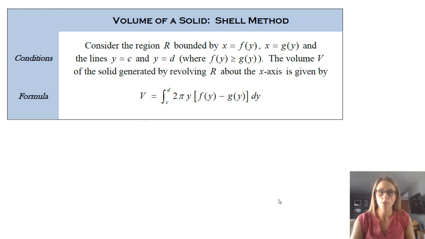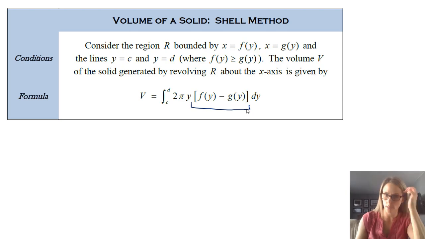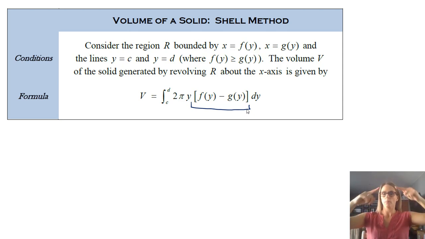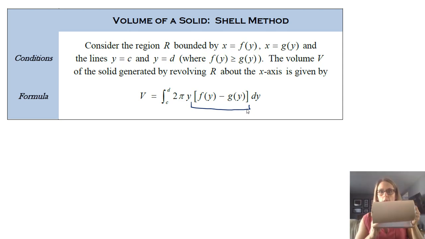So for the last thing that we're doing, notice the only difference is we're still using the shell method, but we have f of y minus g of y. So now we might have curves instead of functions. And so we're thinking about the shells doing this idea, coffee can. So doing this idea where we might have a curve and then another curve. And so we might have to do some subtraction of the values in order to get one piece of the cylinder, the rectangle that's created. So let's take a look.